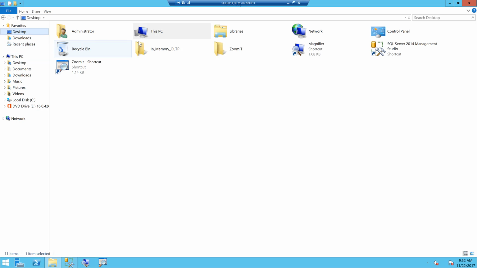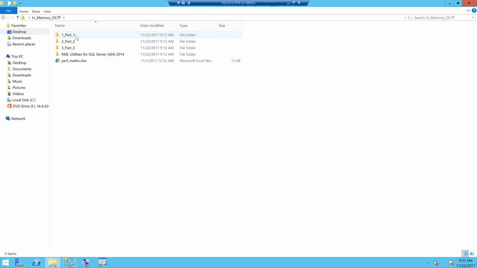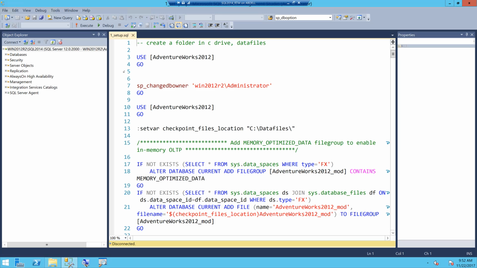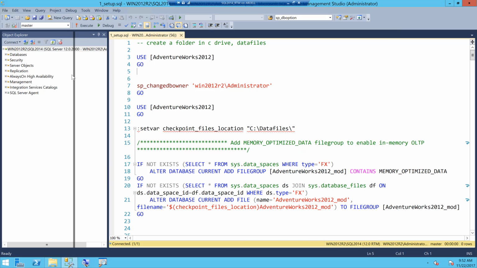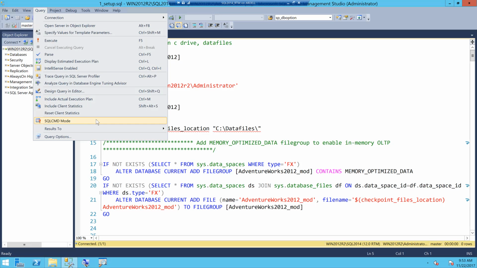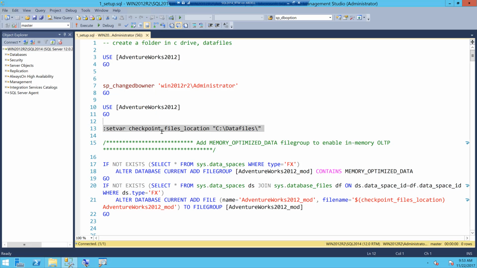Back to the demo folder, part 1, I will first open one_setup.sql. The files have been named nicely in the correct order so that you can reproduce this demo in your own test environment. One_setup.sql will create a few tables. Before we run the script, I go to query, run the script in SQL CMD mode because we are doing some variable assignments, etc. Now you will notice that I'm using the database AdventureWorks 2012, and I'm sure you are